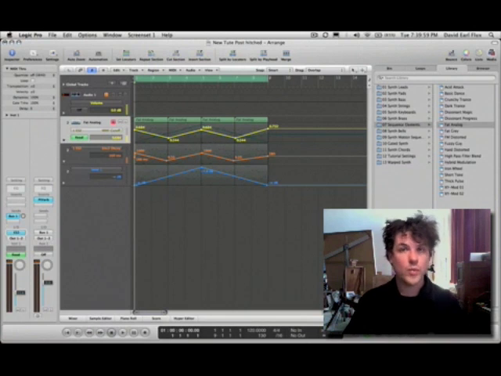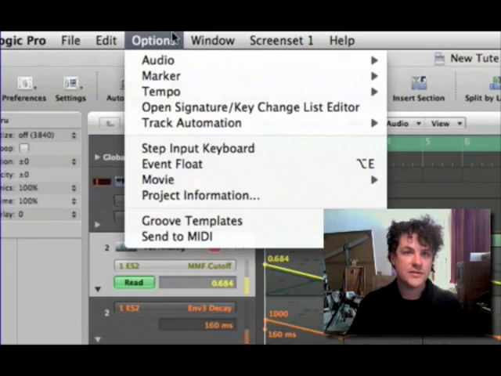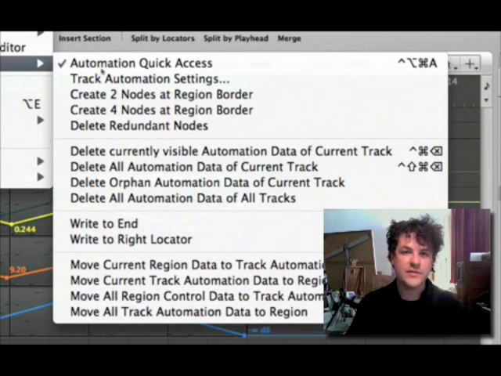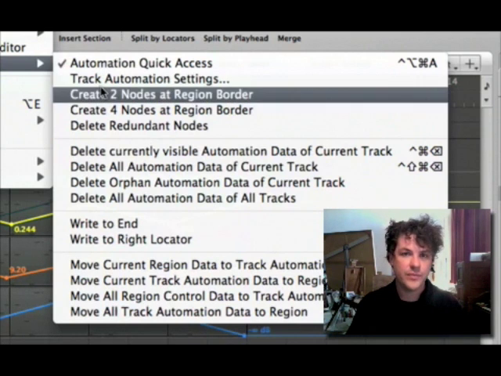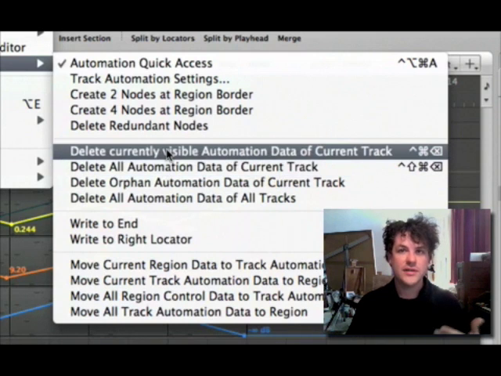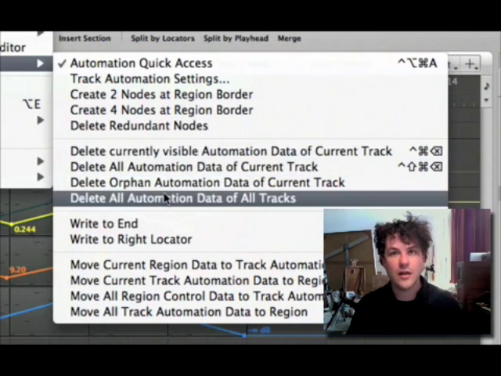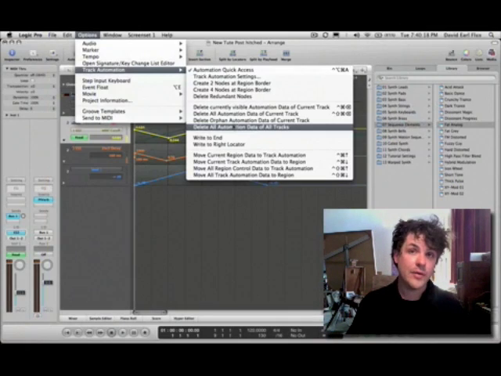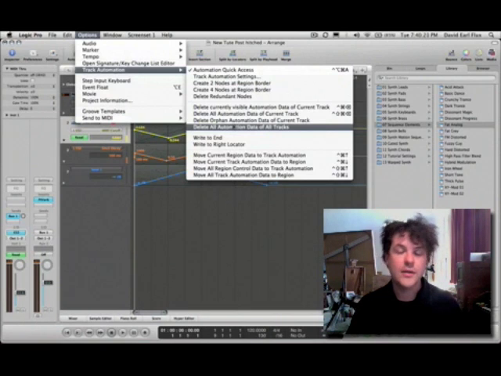If you ever want to erase, like this can get kind of messy, you get a whole bunch of lines happening within your song. If you want to delete it, go to Options, Track Automation, and you'll see that you have all kinds of options here that you can deal with. Delete currently visible automation, delete all automation, etc., etc. Now a little bit later I'll go over hyper editing and I'll go over online automation. But try this out for now,